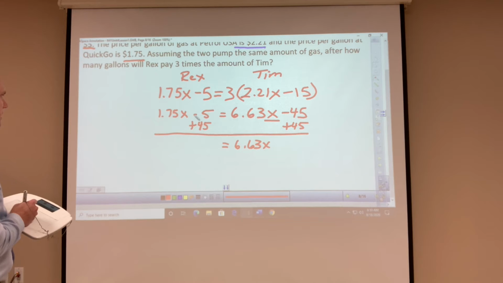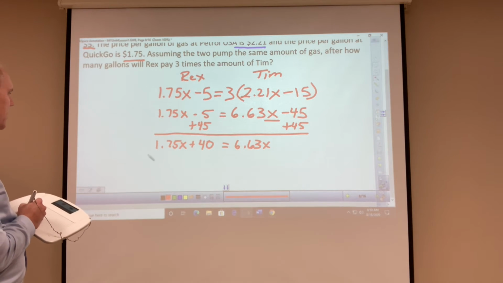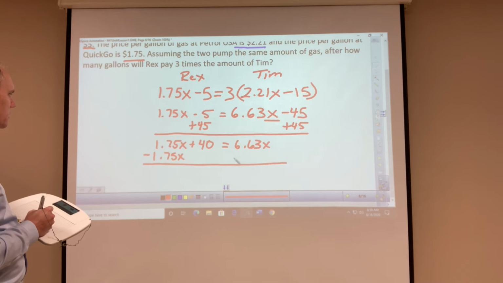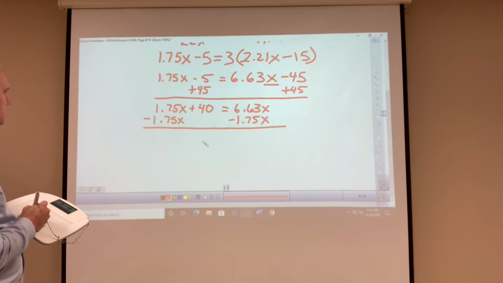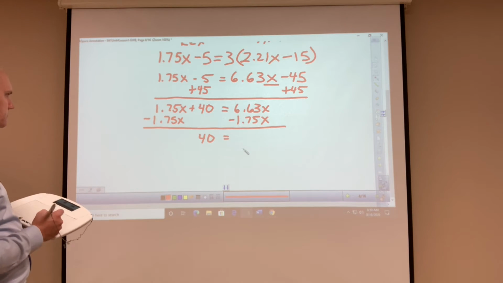And then negative 5 plus 45 is 40. Still have 1.75x. All right, and then we're going to subtract 1.75x over here. I think I did it to both sides. So it's going to be 0 x's over here, so we're just going to leave us with 40 equals